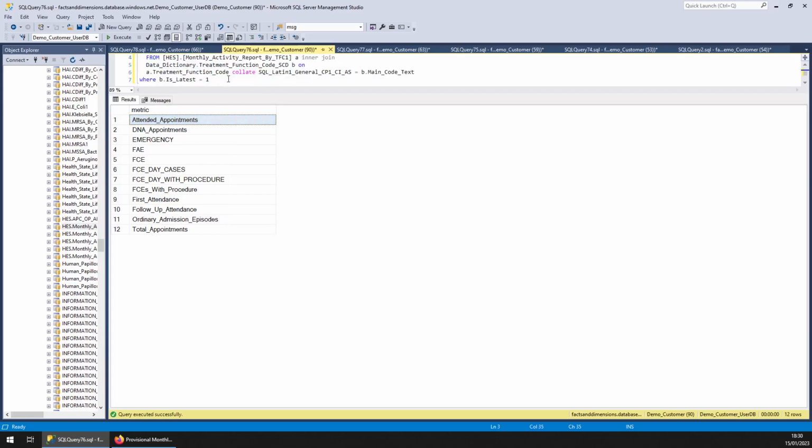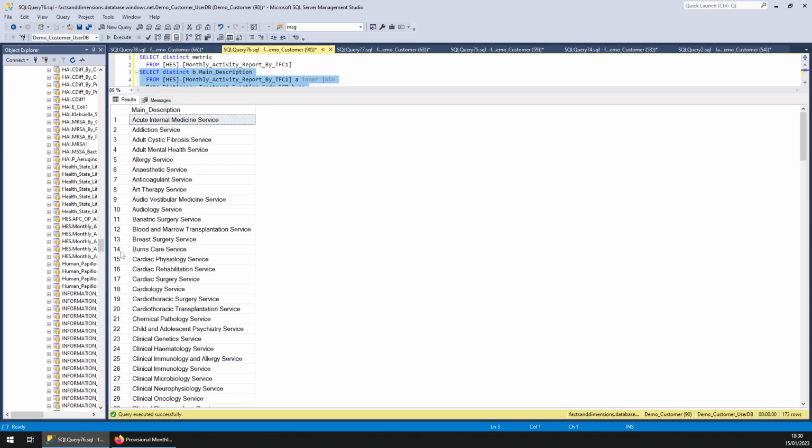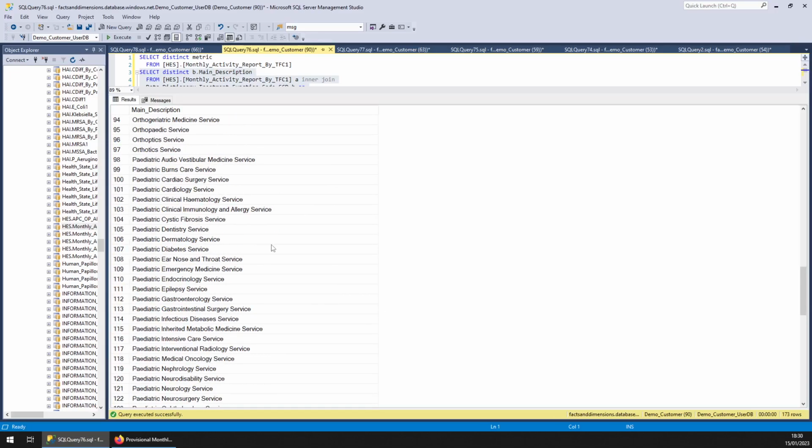And I've written a little code here where I've joined on the Data Dictionary treatment function codes to get the descriptions. And this returns all the treatment function codes that are used. And as you can see, 173, that is basically all of them. So that has got those metrics I just showed you a second ago, split by these treatment function codes, the totals by month,